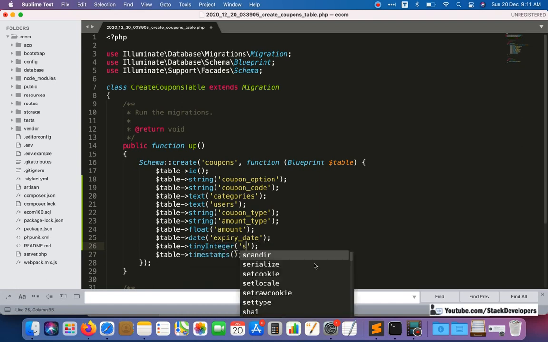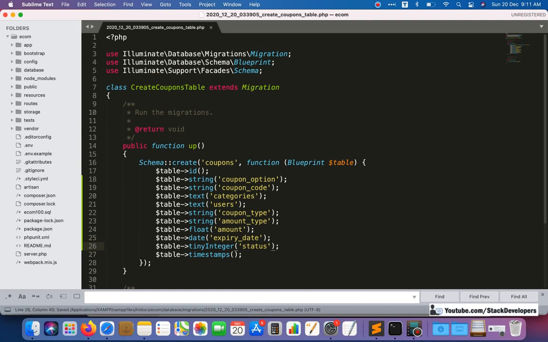Here I am going to add the status. It will be 1 or 0. So let's recheck once again. First one is coupon option, then coupon code, then categories, then users. Also check the spelling: coupon option, coupon code, categories, users, coupon type, amount type, amount, and expiry date.